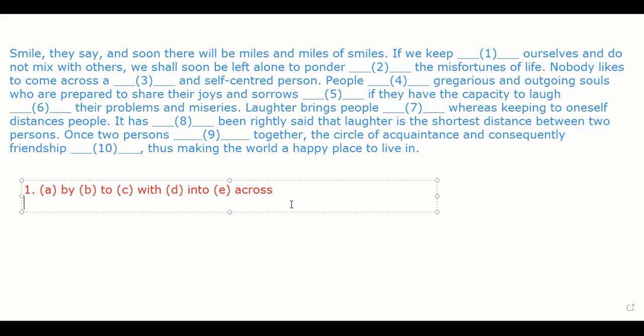Because this sentence is already describing that you're left alone. So I thought if we keep to yourself. And you are right, guys. The answer is 2, because we always say keep to ourselves. That is the way we will keep to. Like the verb keep, we use for to, keep to.